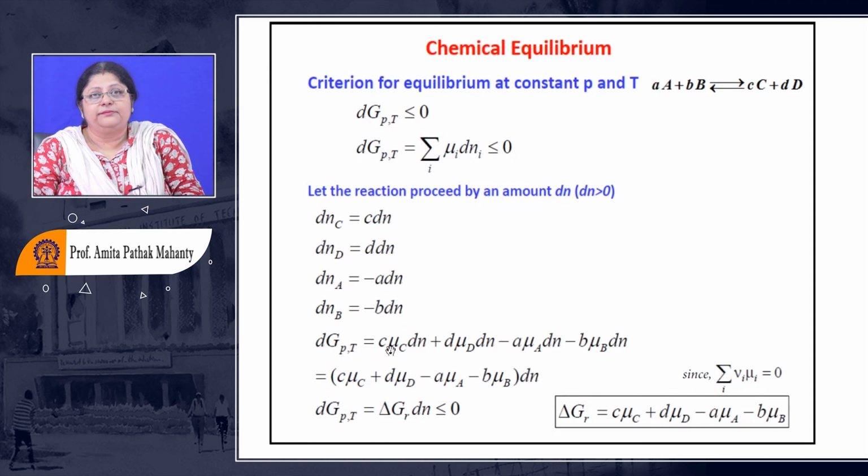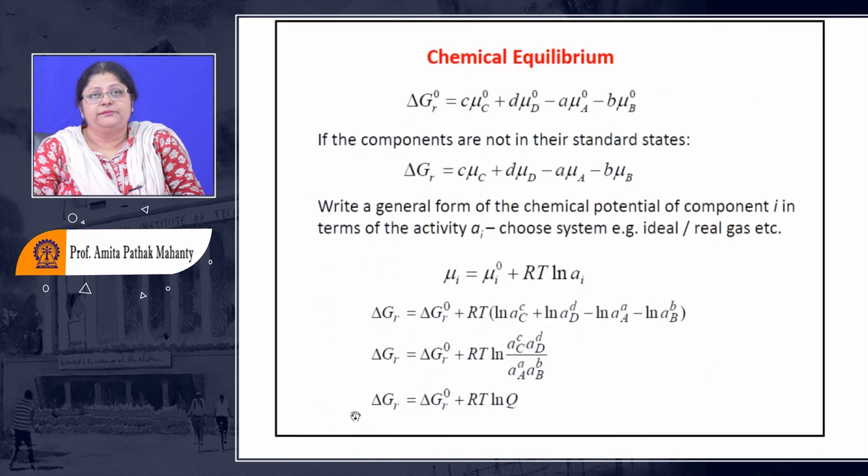And if you put in the criteria for a particular reaction, if you write down dN, this is nothing but the summation of mu into the stoichiometric coefficient for each of the species. So this part is nothing but the delta G reaction. Okay. So the delta G reaction into the number of moles should be greater than or equal to 0, and that is the delta G for a given temperature and pressure. I hope you are able to understand what I'm writing.